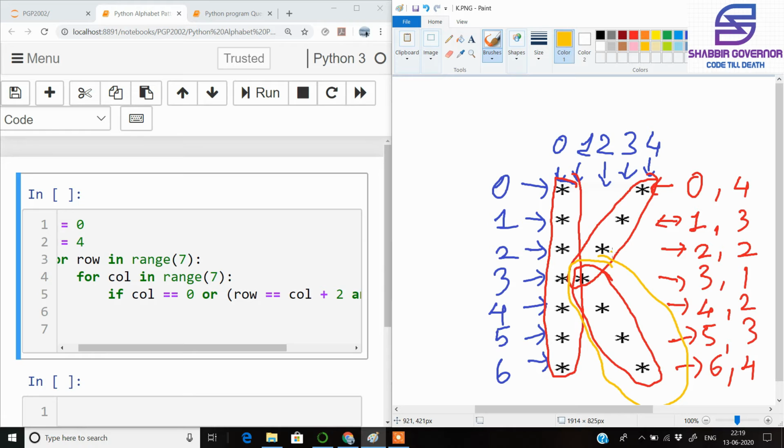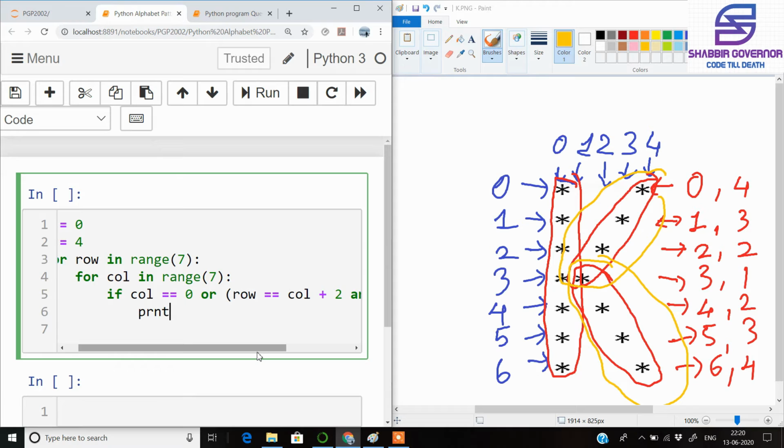Now we need to write the condition for the upper part, so it is better that I write that inside a different if elif so that it is understandable. So firstly we'll print a star for this condition.